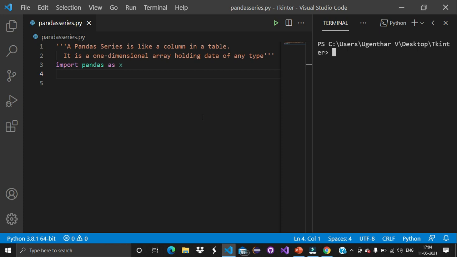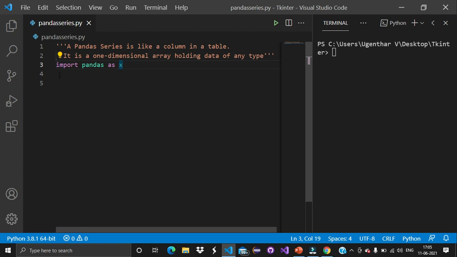In this video, we are going to learn Pandas series in the Pandas library. Before jumping into the code, let me explain what is meant by Pandas series. A Pandas series is nothing but a column which can hold values of different data types, and it can have some index. Using those index, we are able to fetch the values from the column. Now let's do some coding of Pandas series.